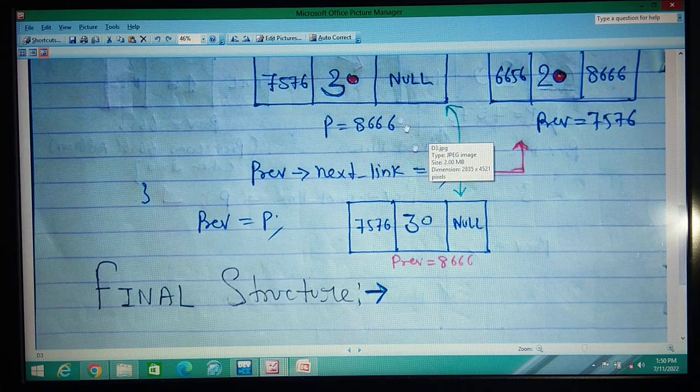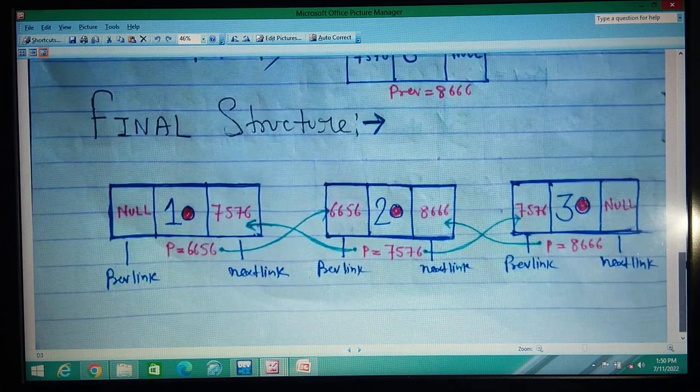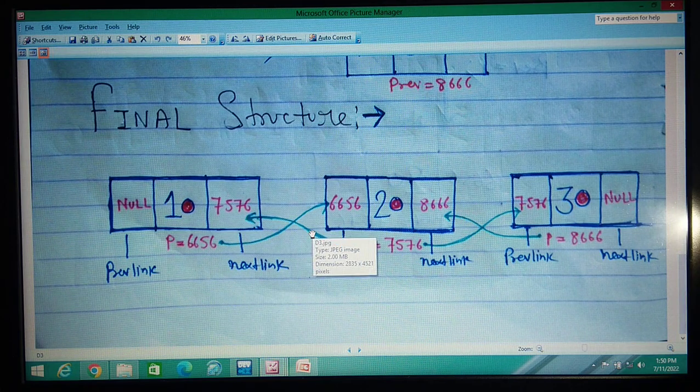Now you have to store this address here in the previous PREV. When I was 1, you can see that there is nothing, meaning null at that time. Now you have to store the address of the next P here. Getting it? Very simple. So you have done it. If you know this structure, then you can understand the doubly linked list. At last you have to write PREV is equal to P.